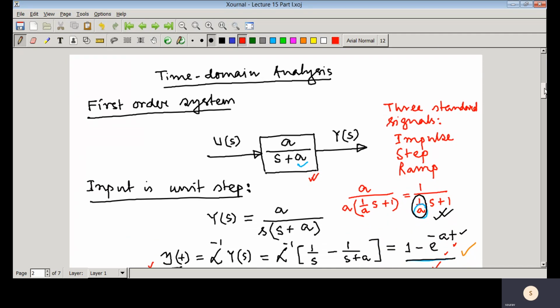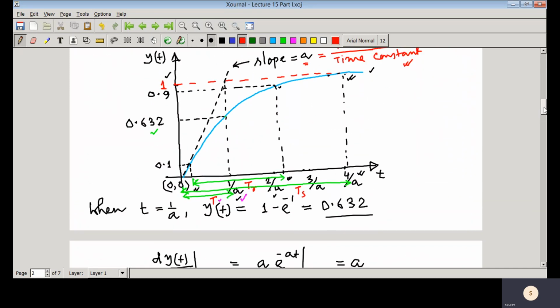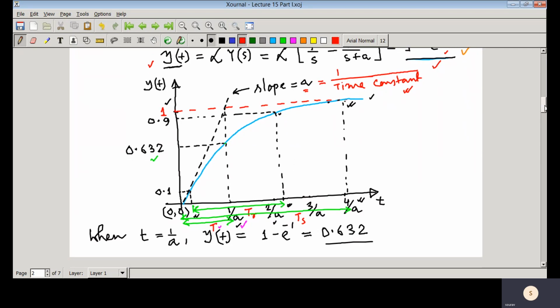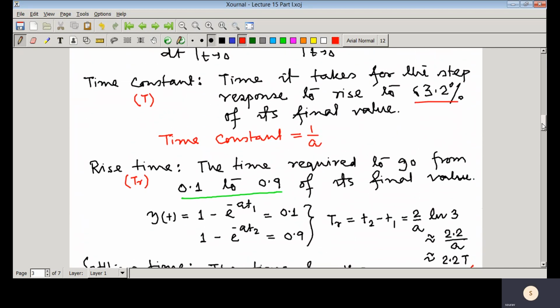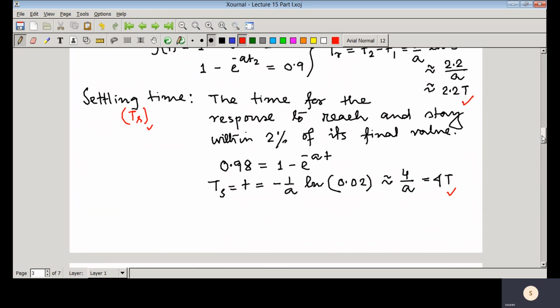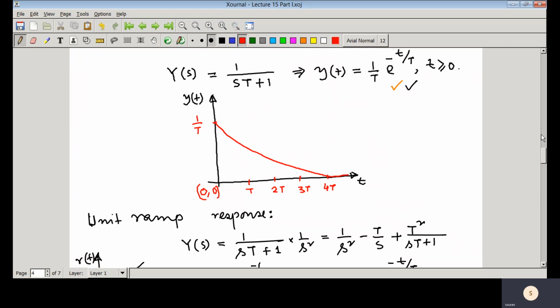We have discussed the response of a first order system whenever we apply unit step, unit ramp, and unit impulse. And we have characterized that response, particularly in case of step input, and also the same characterization can be done in case of ramp as well as in case of impulse response. And we have drawn those responses here, and T is the time constant, and in case of first order system, to characterize the time response, we use that time constant T. And here we find one